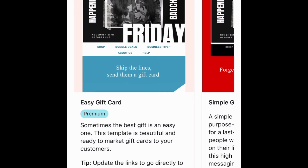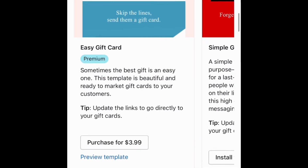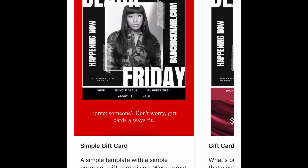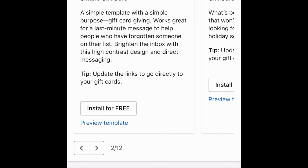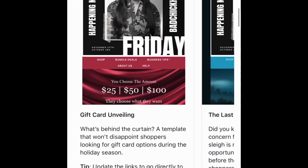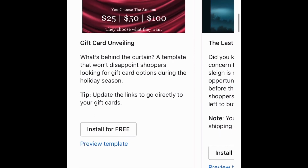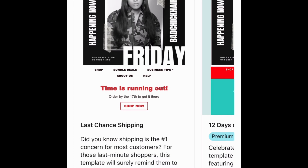So as you can see here, they have different gift card templates as well. So if you are interested in sending your customers and clients gift cards for the holiday season, gift cards to start off the new year to your store, a promotional code, anything like that, you can do so as well. Or if you want to just send them a card and say thank you, happy holidays, you can do that too. And that's more the angle that I wanted to come at. But I also wanted to incorporate the fact that we are offering gift cards, because gift cards are great,